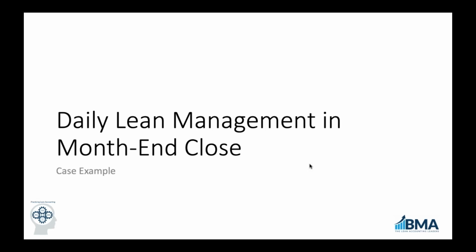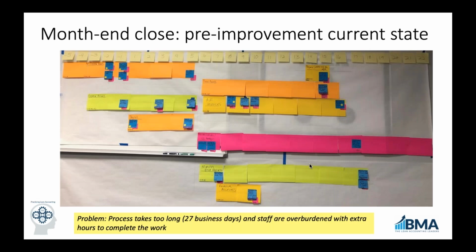So we're going to talk about a specific example where an organization applied PDCA thinking to improve its close process, but then used it on a daily basis to plan the work, to do the work, to check in process whether or not that day was set up for success so that they could make adjustments. And one of the benefits of using this daily management PDCA mindset is that we don't get to the end of the day and say, well, that didn't go the way we wanted. We have an opportunity to do midpoint checks to ensure that we can still set ourselves up for success during